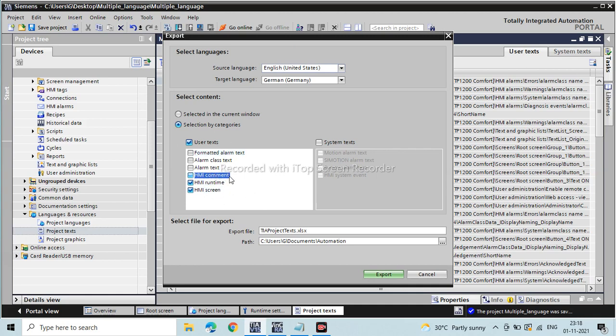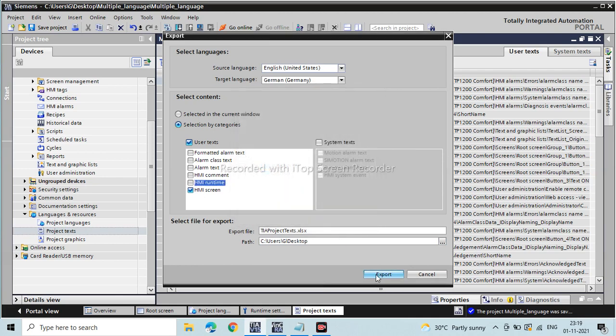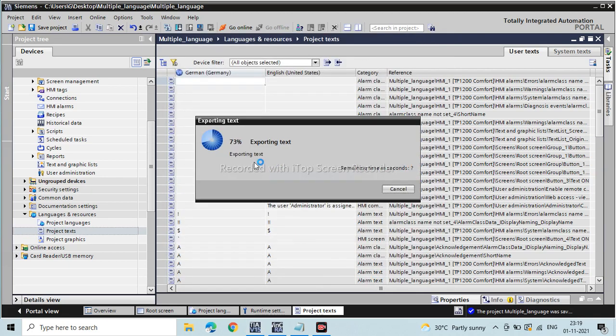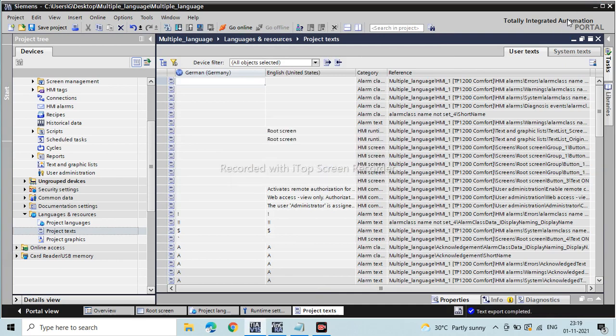So I will just choose an HMI screen right now, and I will give a location of desktop, to keep it simple. And export the file. Now file export complete successfully.